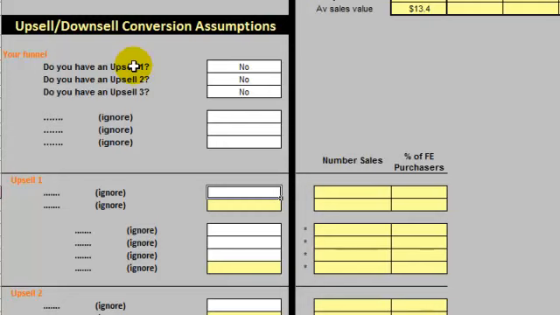In the case where you don't have any upsells but you actually have 3 products on the sales page and the buyer can choose between those 3 products, there is a way to simulate that using what I've got on the spreadsheet. I won't explain that here, but that case can also be covered, and I'll explain that in the training. But in this particular case now, I'm going to say I want to have 1 upsell, and immediately I've got